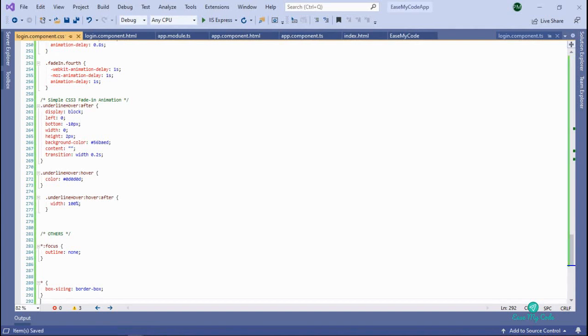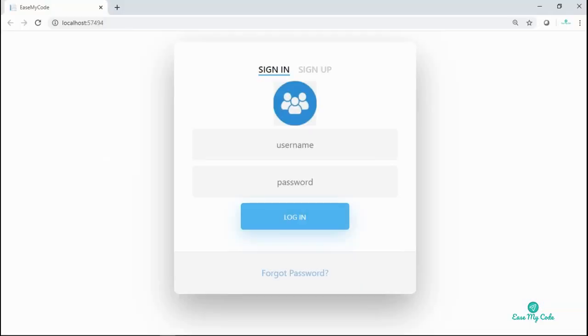Now the HTML for your page is ready. If you run the application, you will see the login page as required. You can click on IIS Express here and your application will run. Let's click on it. Okay, so your application loads successfully. Your HTML is ready for the login page. Let me explain what we add in our HTML so that we are able to call the .NET Core API methods.